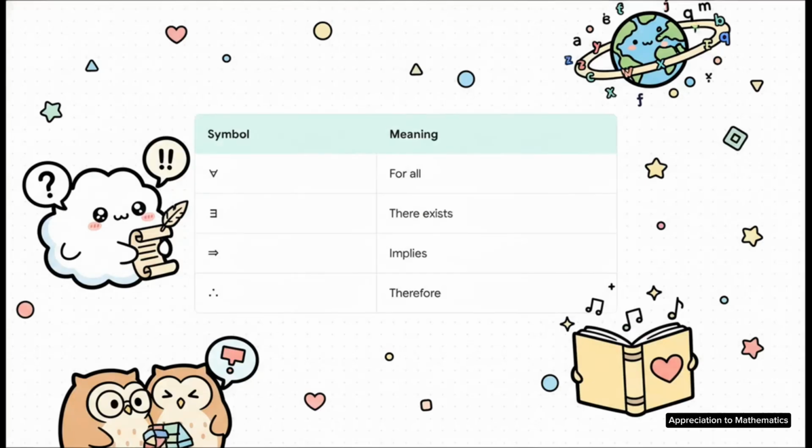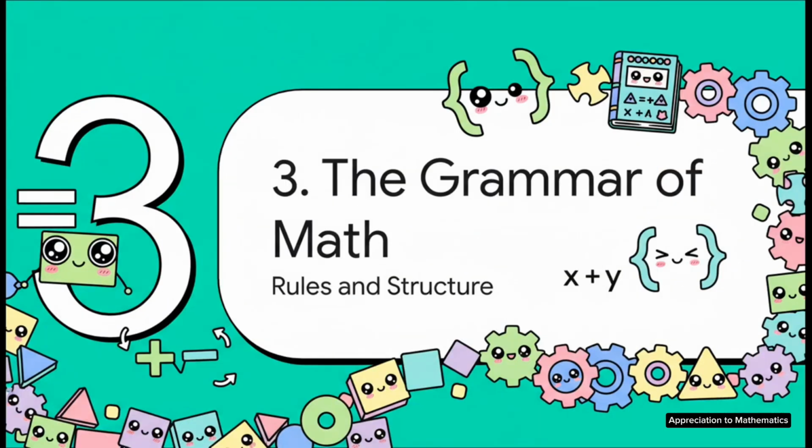But then you get to the really cool stuff, these advanced logic words. These symbols let you build these airtight arguments and express really complex thoughts super efficiently. That upside-down A literally means for all, and those three little dots mean therefore. Learning these is like graduating from basic phrases to writing poetry. Okay, we've got our words. But just like in English, you can't just throw vocabulary together randomly and hope it makes sense. You need grammar. And in math, grammar is all about following the right structure and rules.